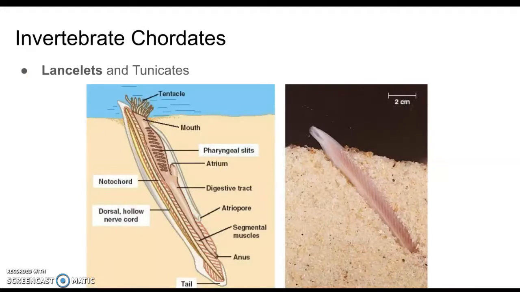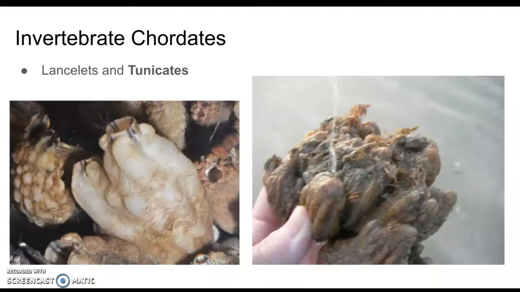Okay, so these invertebrate chordates, what are they? They're lancelets and tunicates. Lancelets live at the bottom of the ocean, so you probably have not seen them. They spend most of their time filter feeding, and they bury themselves in the ground quite often. Tunicates, you might have seen one, but you might not have known that you have seen a tunicate. They're actually sessile during adult life, and you would know that it's a tunicate